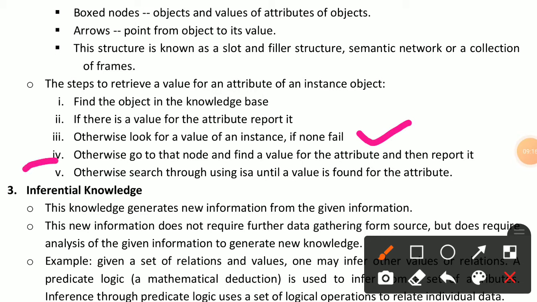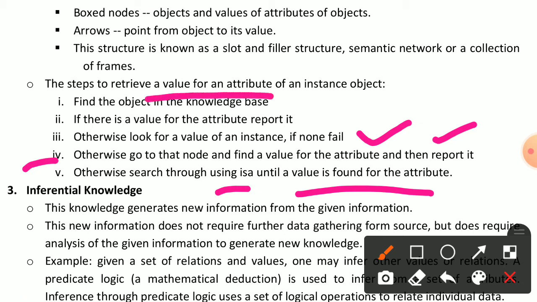Fourth step is otherwise we can go to the node and find a value for that attribute and report the value. Next, step 5 is we can use the is-a link and find out the attribute value. So these 5 steps are given for finding the values of an attribute.